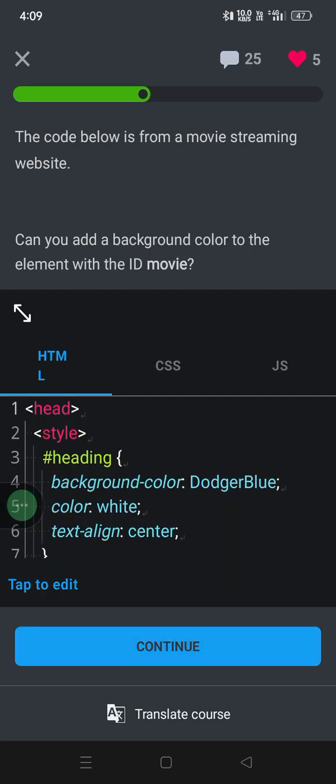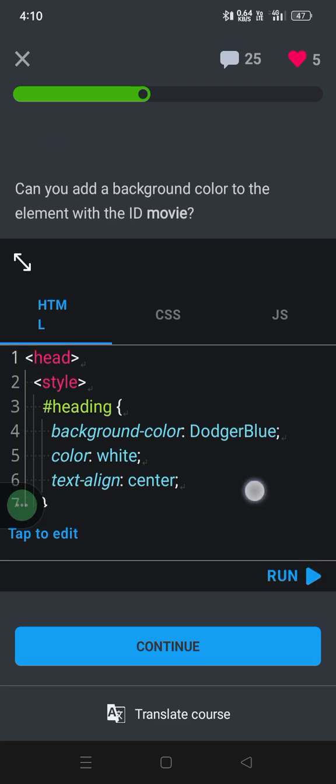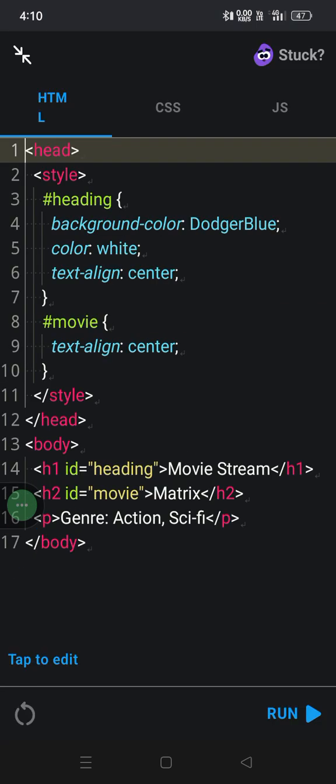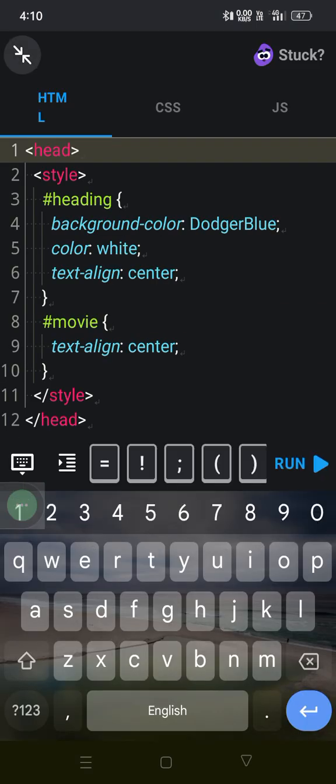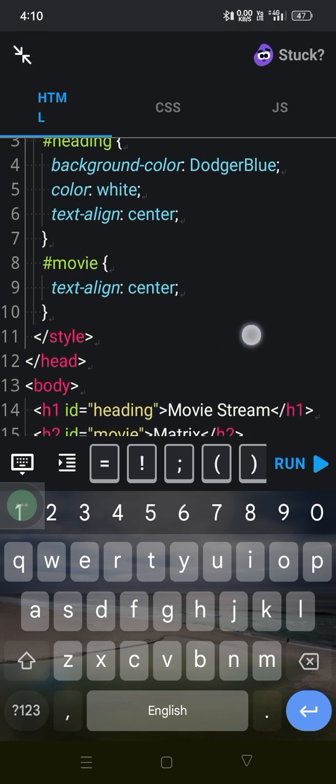Here is the code below for a movie streaming website. You can add a background color to the element with the ID movie. So here is the HTML code: the head, style, hash heading, background-color colon blue, and the color.